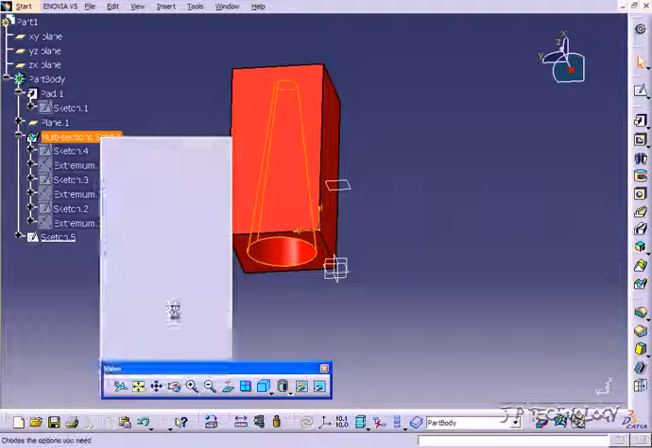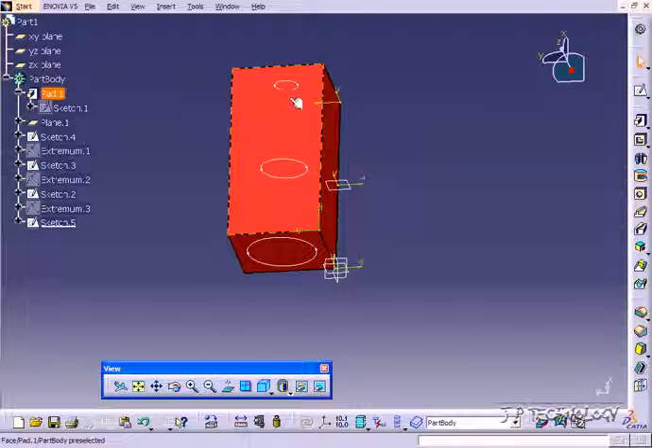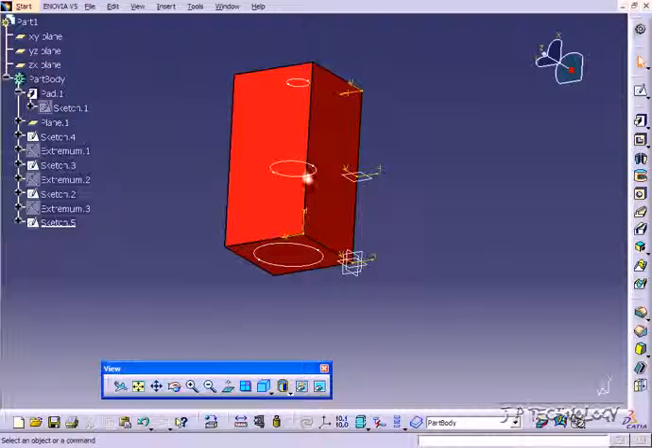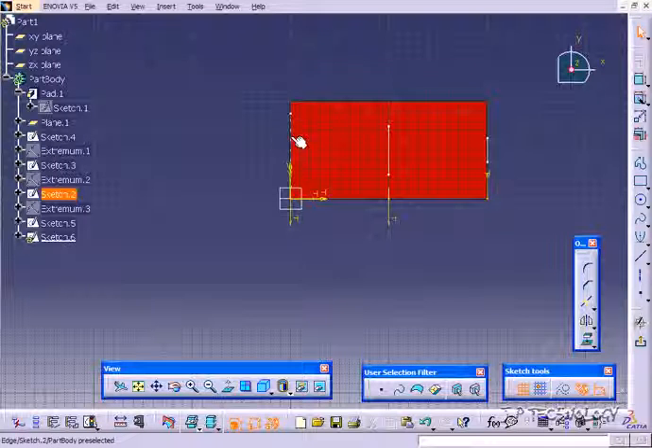right click, click delete, and uncheck delete all children and uncheck the aggregated. So now we're left with all of these sketches here. So what we're going to do is connect them all by making a sketch at the top, so like a spline, so a path that it can follow. So let's click the top face, click sketch, and let's click each of these circles,